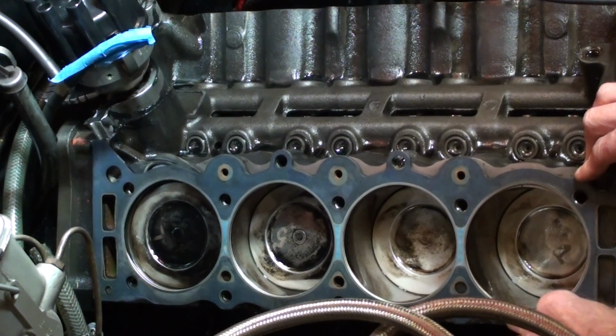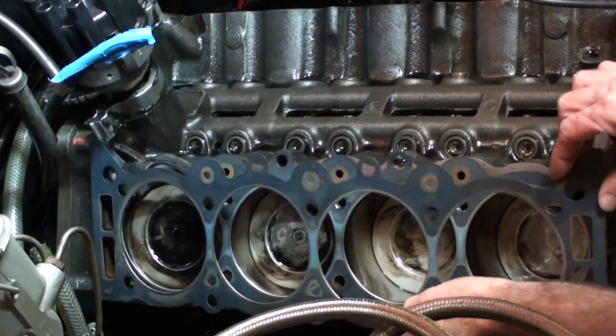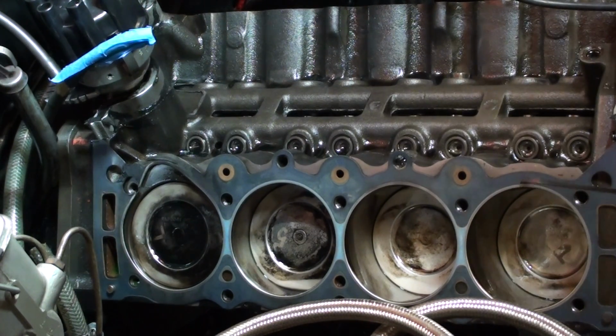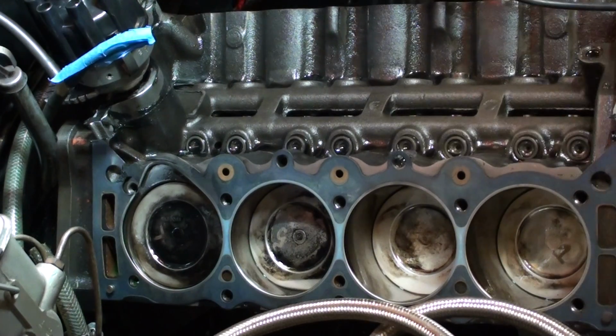So that's very interesting too, because, and you can see it there guys, see how it's sort of pushed up a little bit compared to this head gasket. When I had a lean condition, when I first turboed the car, I blew the front around here, on this part here, pushed it, actually split the thing right off. Actually like this, but it just split on number 1. But remember, I had the hat positioned off the intercooler